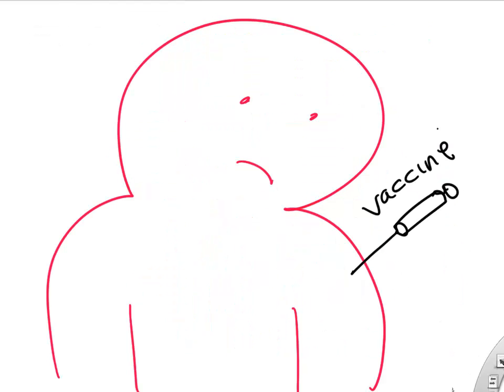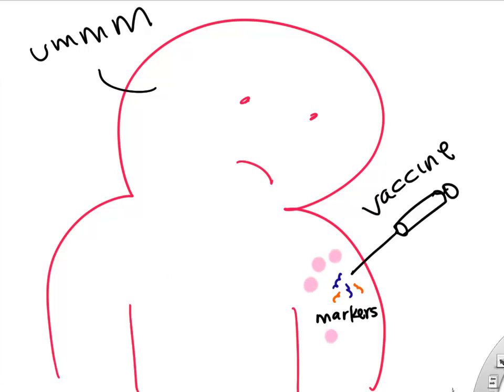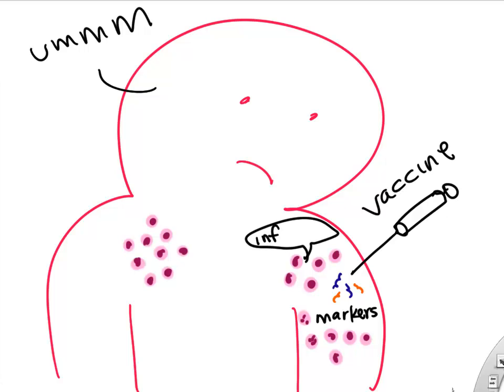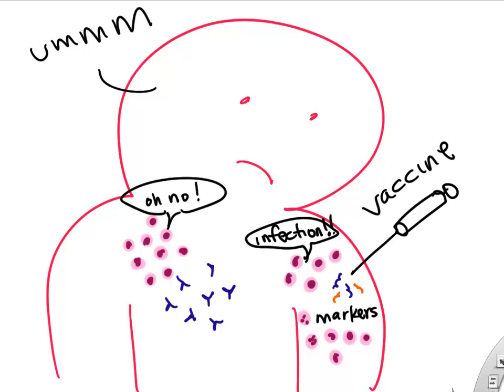What about vaccines? How do vaccines work? Well, vaccines often are an injection of either bacterial or viral markers or antigens. Your immune system then responds to those markers just as if you had an infection. So the macrophages may then go alert your lymphocytes. The lymphocytes then get activated and can make specific antibodies against whatever markers were part of that